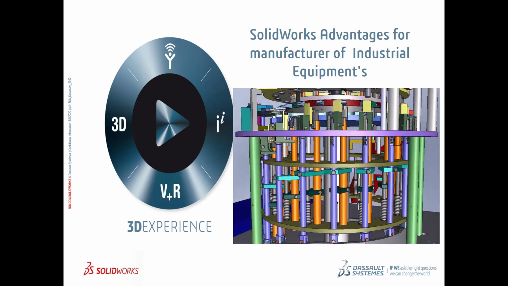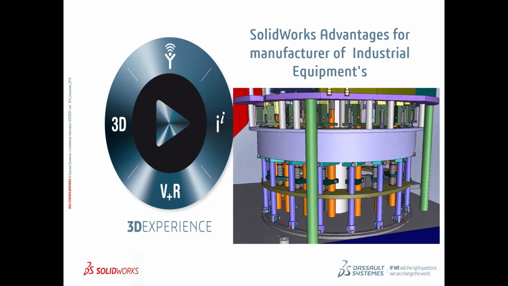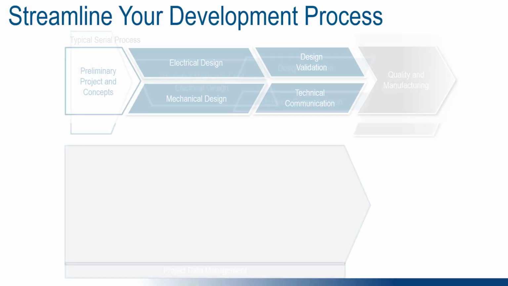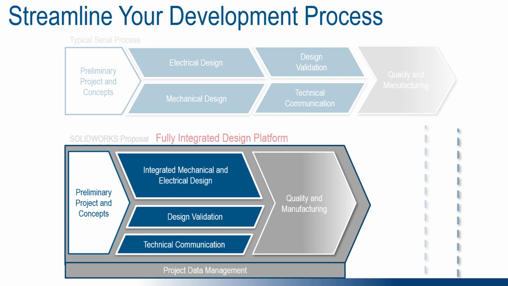In today's increasingly competitive global market, manufacturers of industrial machinery or heavy equipment face daunting development challenges. There is a need to accelerate product time to market, control cost, and manage product complexity. This requires that you modernize your product development systems and implement 3D-based design technologies. With SolidWorks 3D CAD software, engineers can compress their design cycle times and cut development cost.